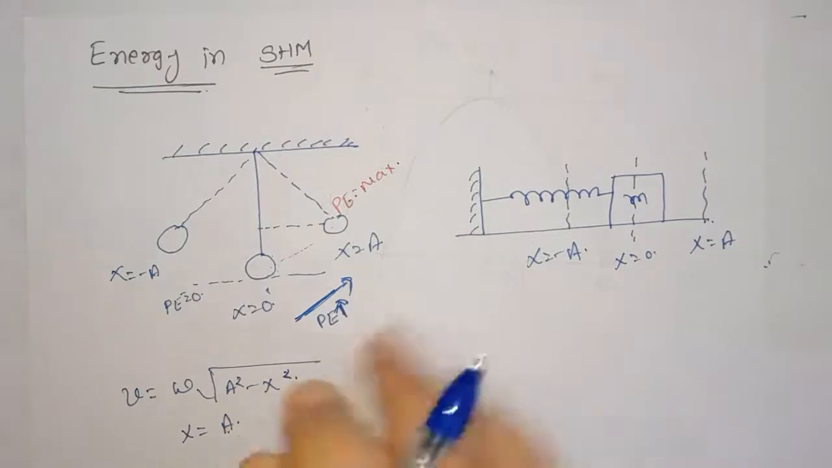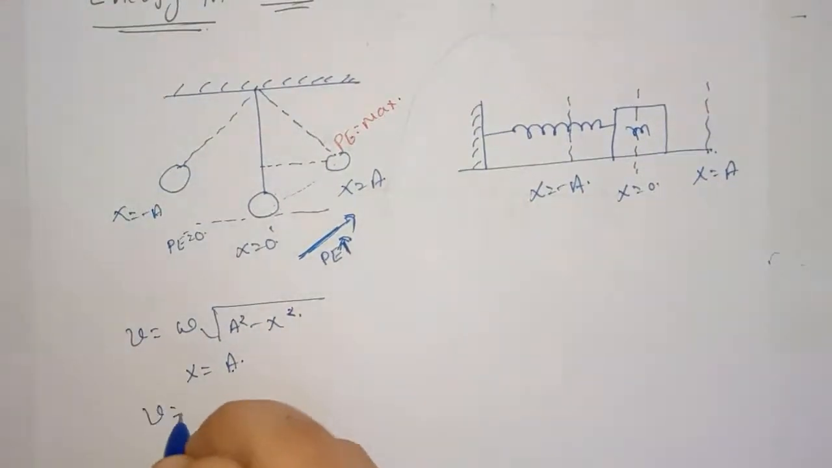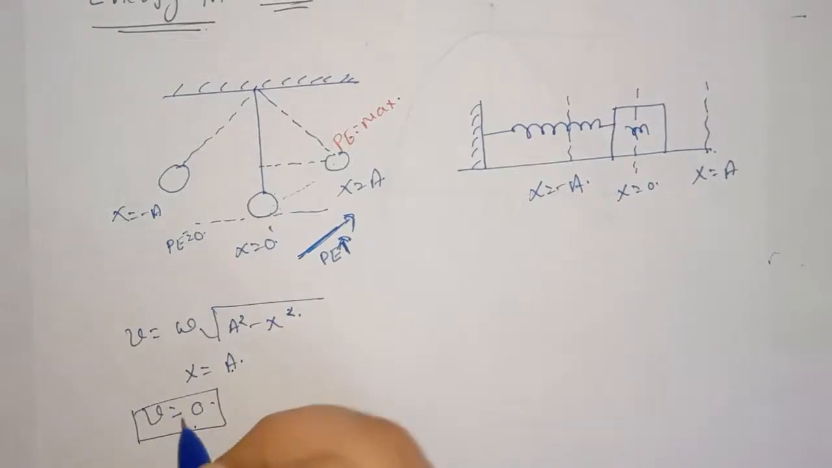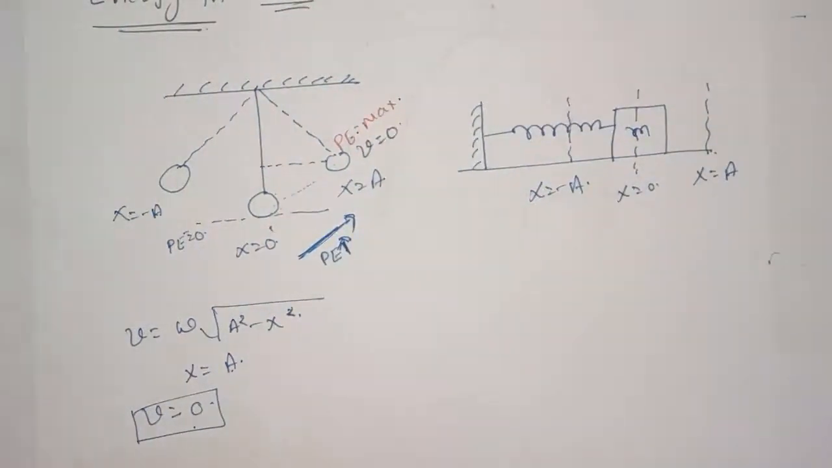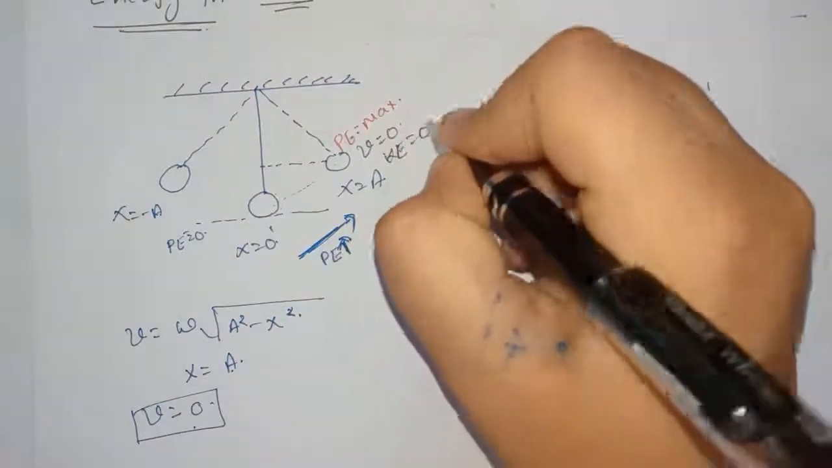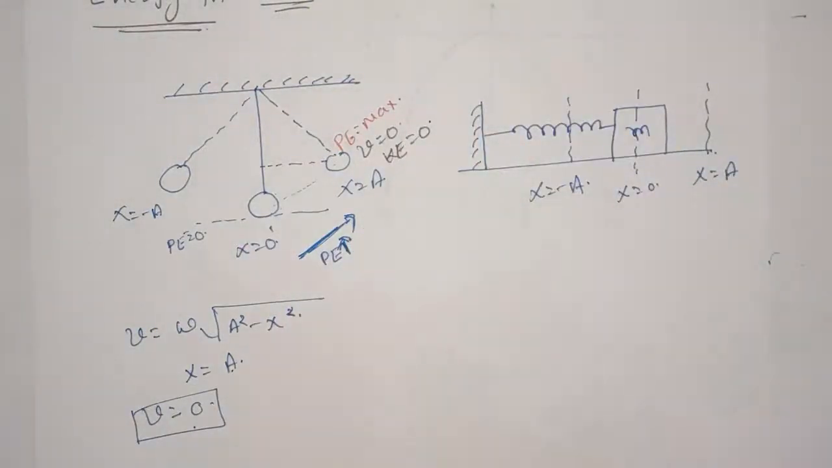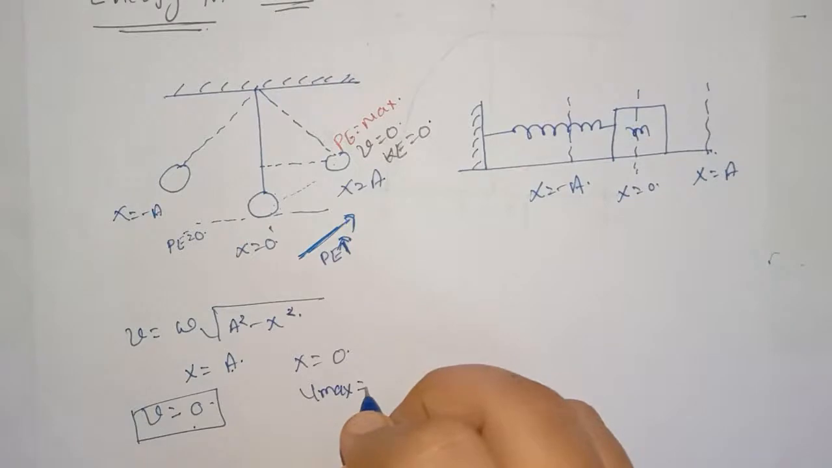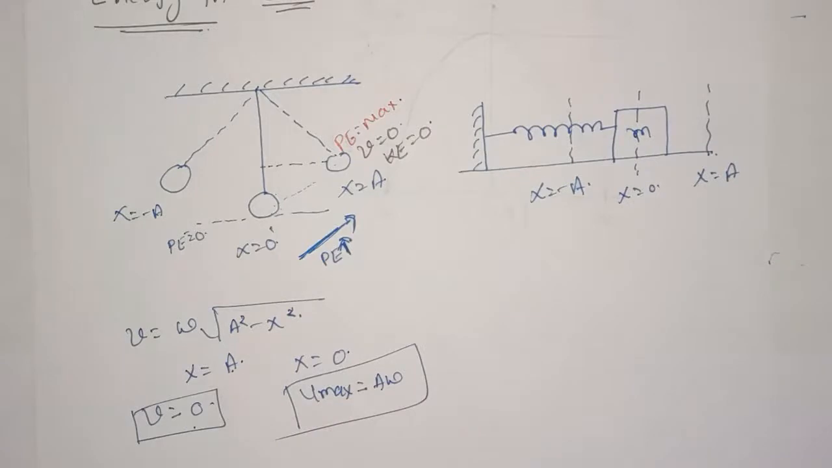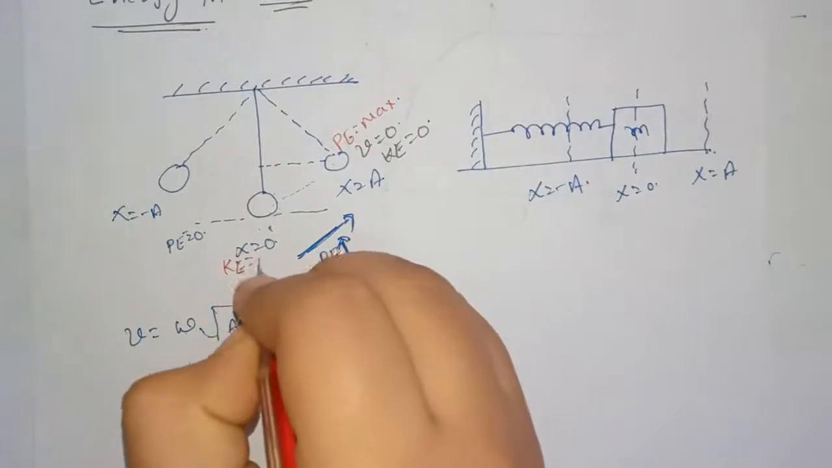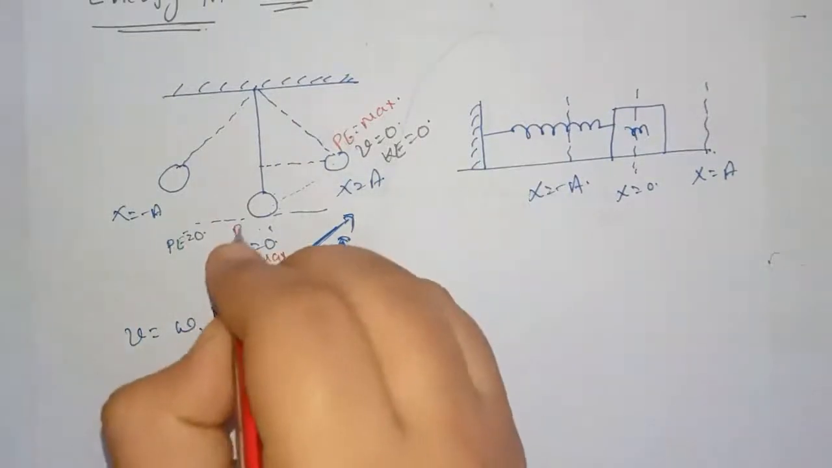At x is equals to a, we know that velocity is 0. So, at the extreme position, the velocity will be 0. As velocity is 0, kinetic energy will be 0. Now, at x is equals to 0, the velocity will be maximum, that is equal to a omega. So, at x is equals to 0, velocity is maximum, so kinetic energy will be maximum and